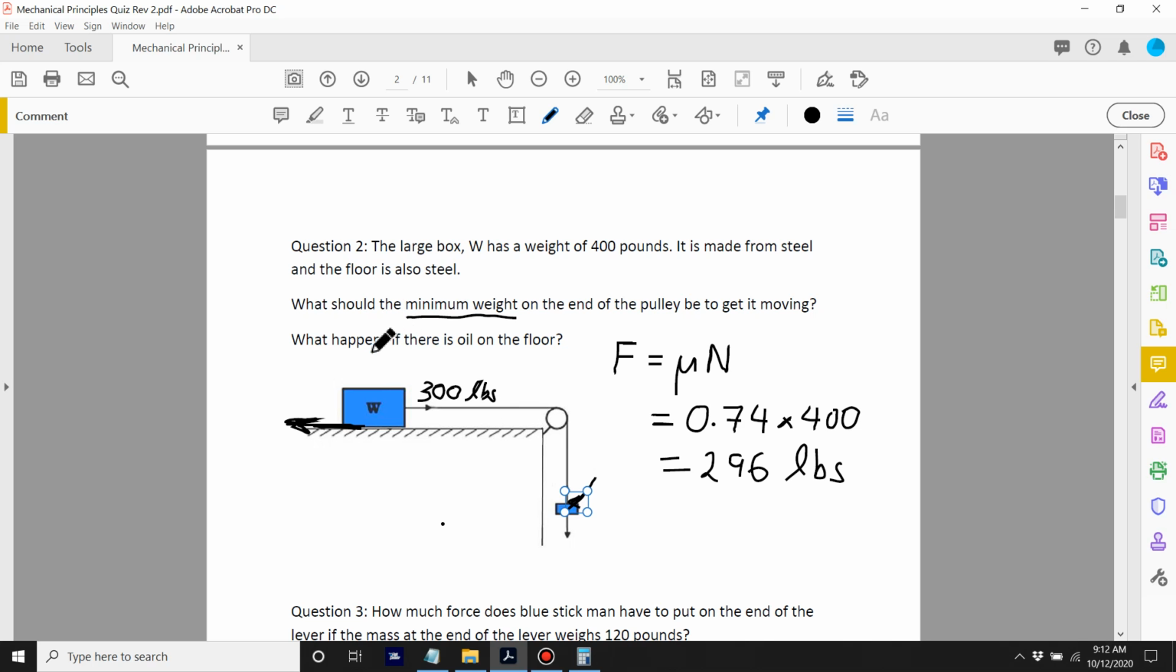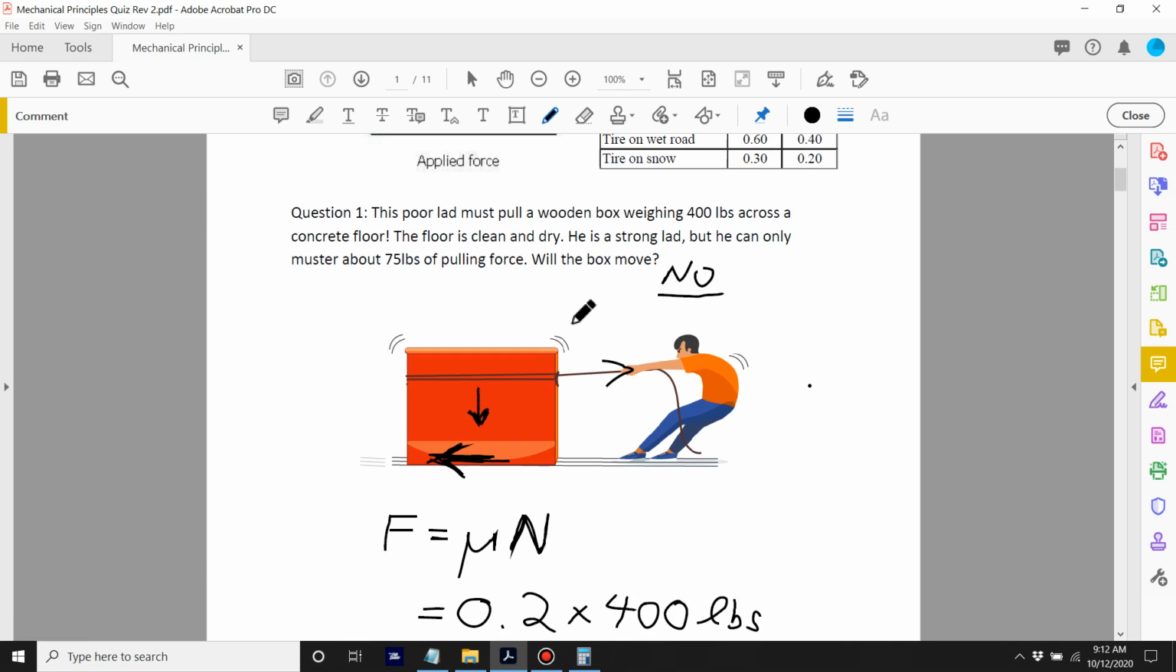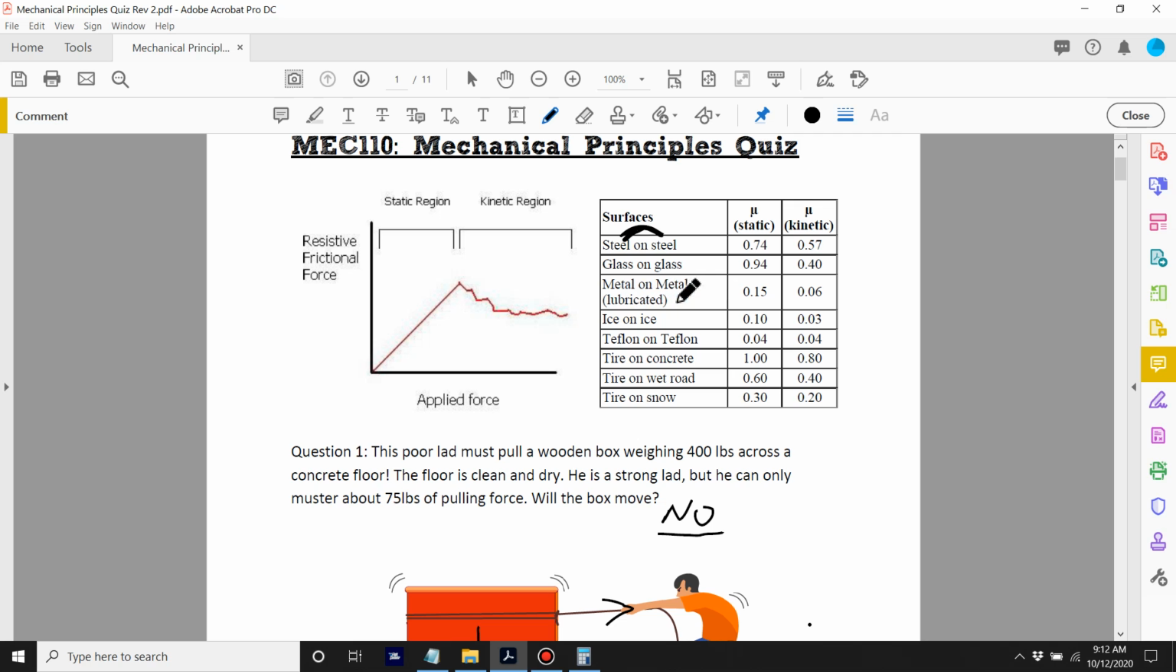Now, what happens if there's oil on the floor? If there's a little layer of oil on this floor here, it's going to separate the steel on steel, and this mu here is no longer going to be static or sliding. This would be a fluid friction. So let's have a look. If we go metal on metal lubricated,